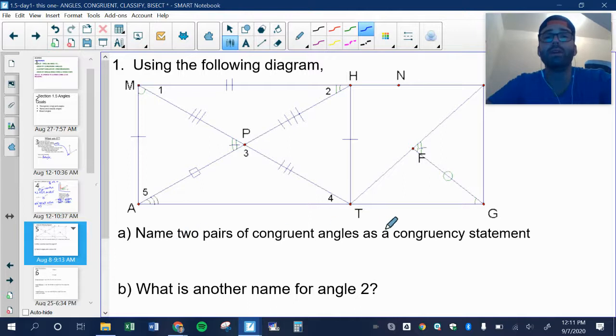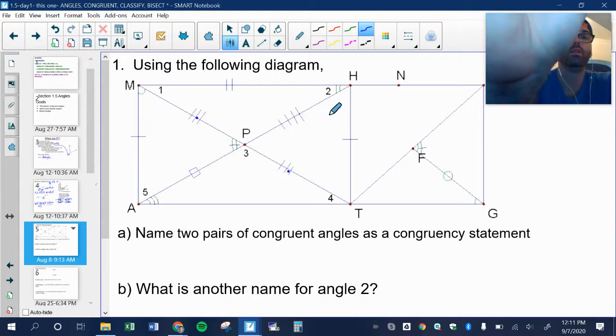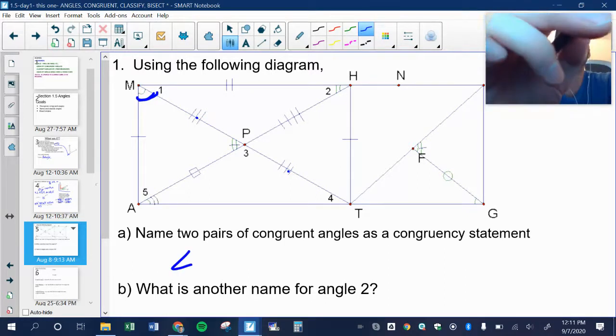Name two pairs of congruent angles as a congruency statement. So just like with segments, how we look for the corresponding tick marks, angles are the same way. Notice how with these segments, there's 3 and there's 3 tick marks, so those two segments are congruent. I'm going to do the same thing with my angles. If you look here, there's one tick mark there. So angle AMP